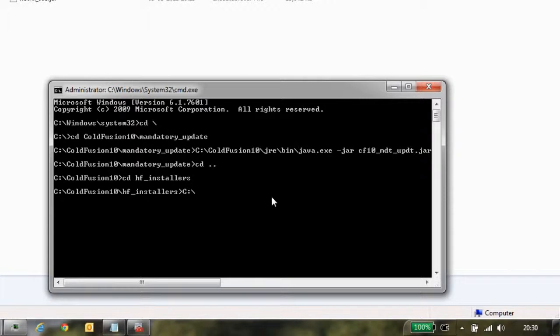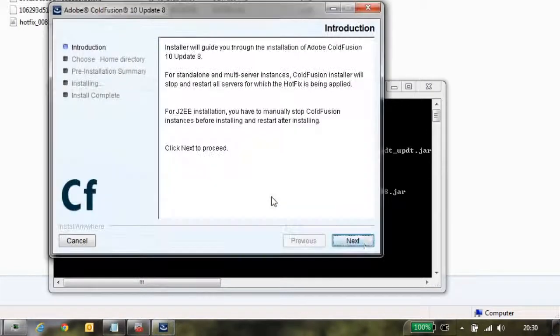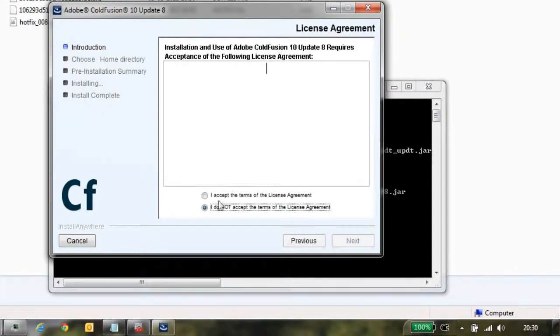C:\ColdFusion10\jre\bin\java.exe -jar hotfix_008.jar. Invoke it and it will open the on-screen installation. It will let you go through all the steps and you will be able to apply the hotfix.